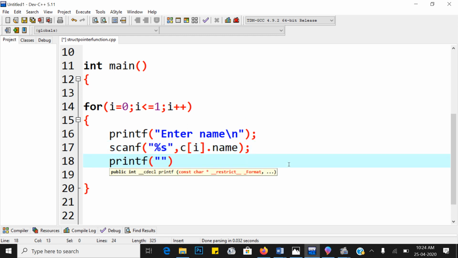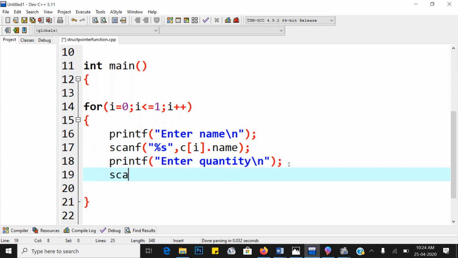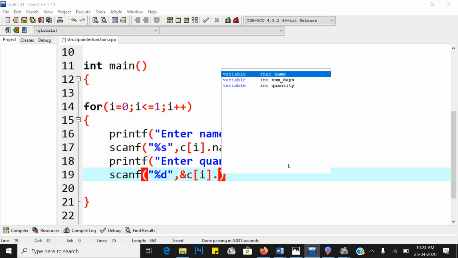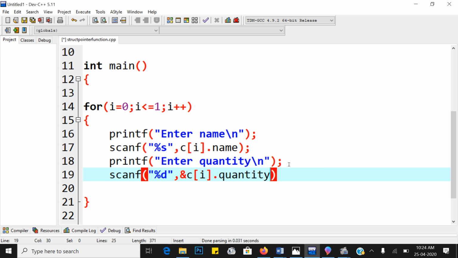That is printf enter quantity slash n. Again take scanf ampersand percentage d, because quantity is integer type. Next, ampersand of C of I dot what? Quantity. So take quantity.